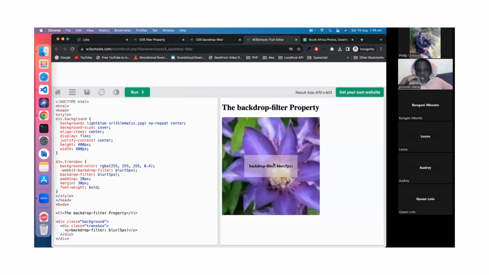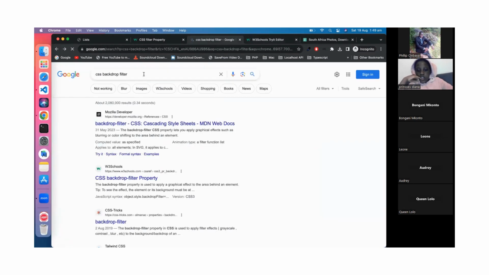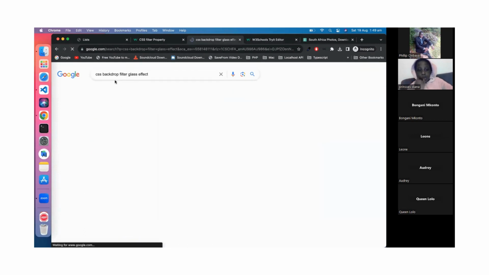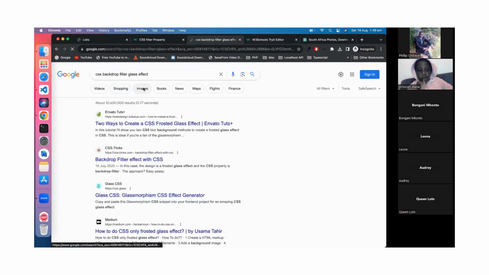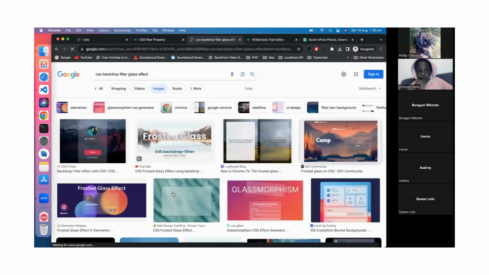Yeah, see that? How it's got a little blur behind it. But I'll show you something. We go CSS backdrop filter glass effect. All right, and let's go to images, shall we? Yeah, so you can effectively recreate things